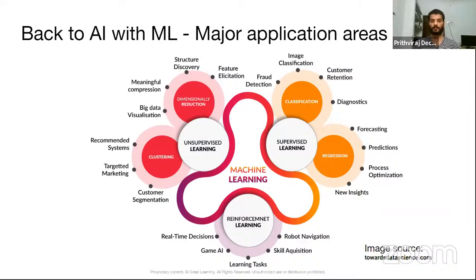Supervised learning is when you give the machine data and you tell the machine what the data means, and the machine learns from it. For example, you can give the machine a picture of a dog and tell it that it's a dog, and when it sees a new dog in the future, it has to identify that it's a dog. So you give the machine some 100 pictures of dogs and tell it that all of these pictures belong to a dog, and the machine learns from it. This is called supervised learning.